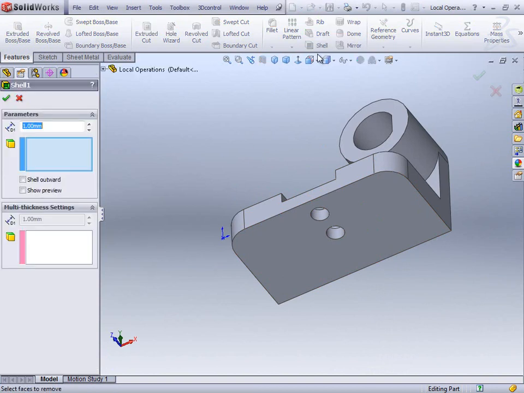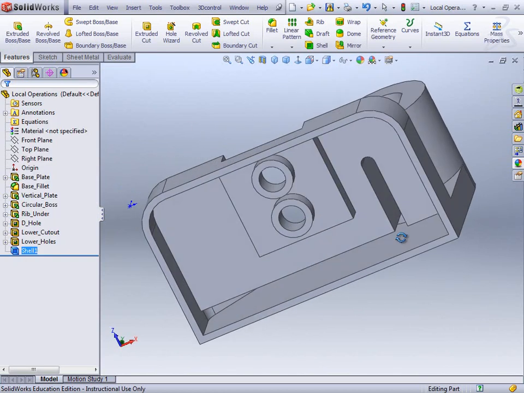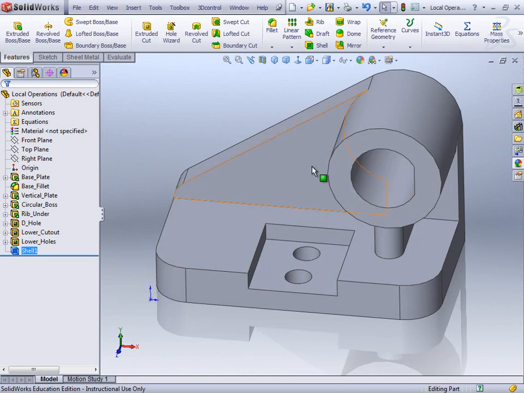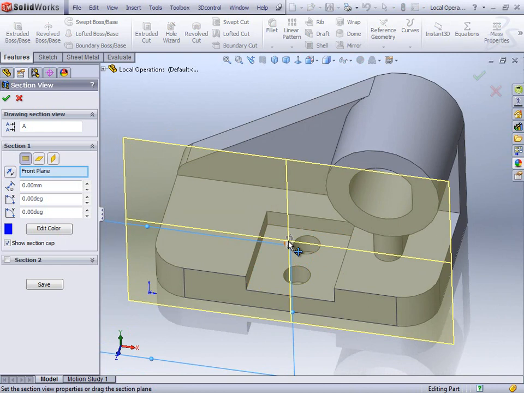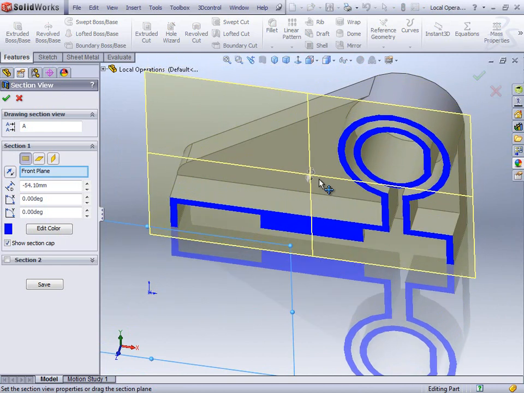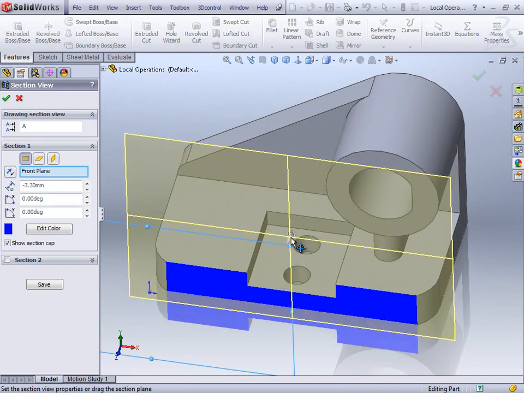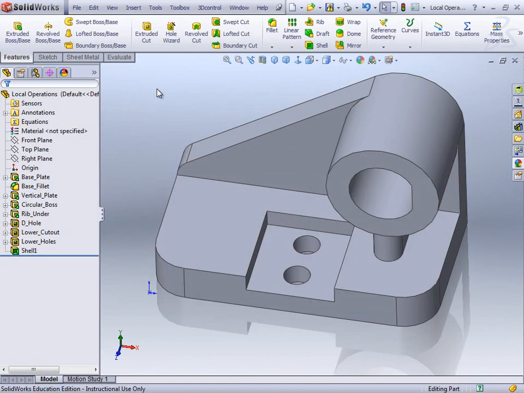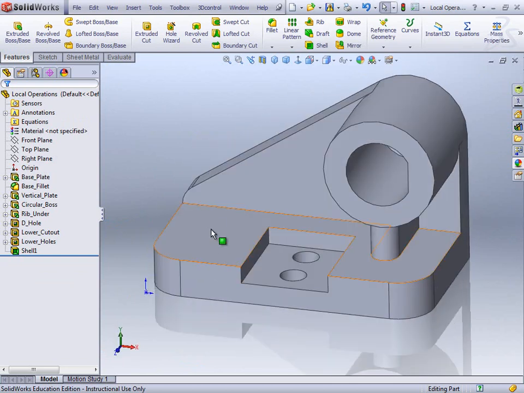So if we start off by just popping in a little shell command on the underside there, 4 mil. So we shell that, and you can see it shells right up inside the part. You can see it actually creates a shell right the way through the part. However, if we wanted just the shell on the base,